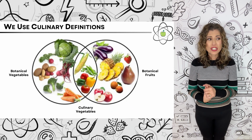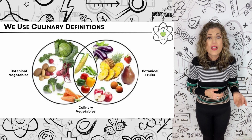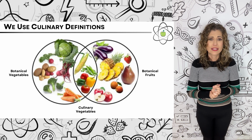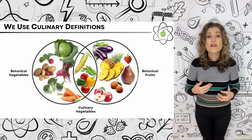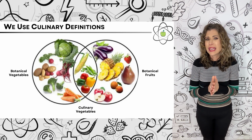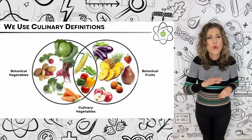And winter squash is much more nutritionally similar to a vegetable like sweet potatoes than to a fruit like peaches. So it makes vastly more sense to classify them as vegetables from a nutrition standpoint. And you don't need to overthink it. If we mainly use them in savory applications, even if botanically they're fruit, we count them as a vegetable. And if they're sweet, we count them as fruit, which are the second food group to add to support our